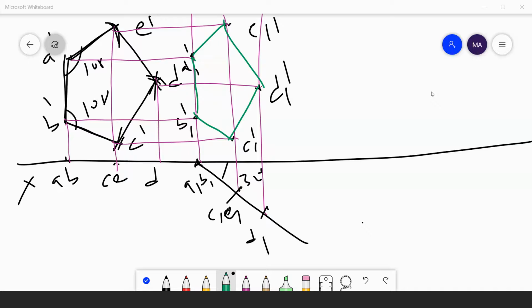He has given the side of the pentagon as 40 mm, having its surface inclined at 30 degrees to VP, and the side on which it rests on VP makes an angle of 60 degrees with HP. The surface is inclined to VP, which means you will draw the inclination. Next,